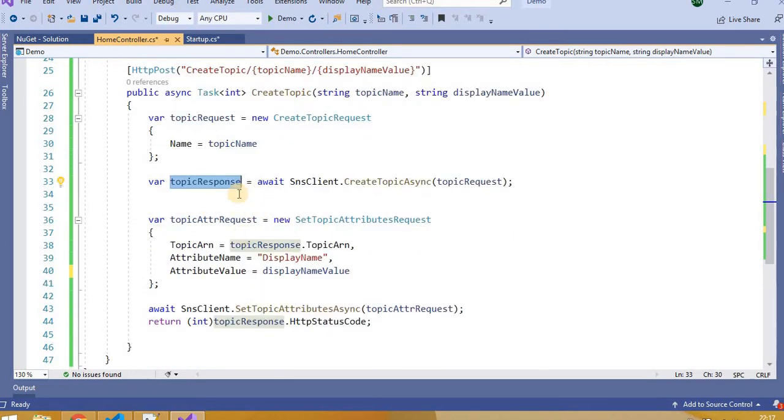Now after that we can add some attributes to it, like in the practical lab where we added the display name value. For that we need one more class object, the SetTopicAttributesRequest. I initialized an object here with the topic ARN. Once we create the topic, the topic response returns the full detail about that topic, and the topic ARN is the unique name for that particular topic. I assigned this topic ARN to the request,